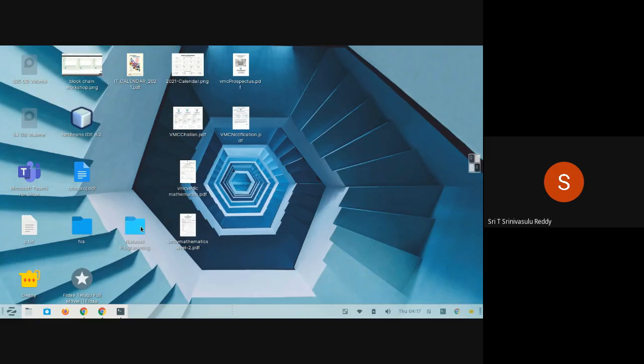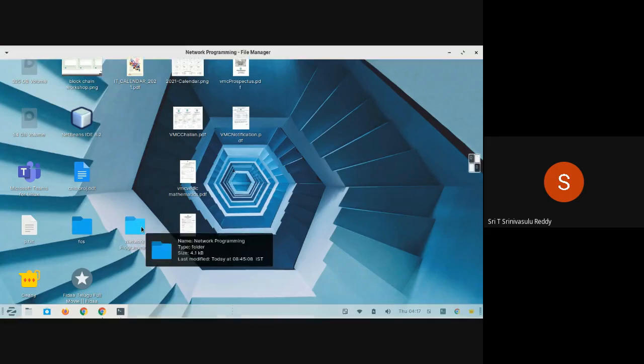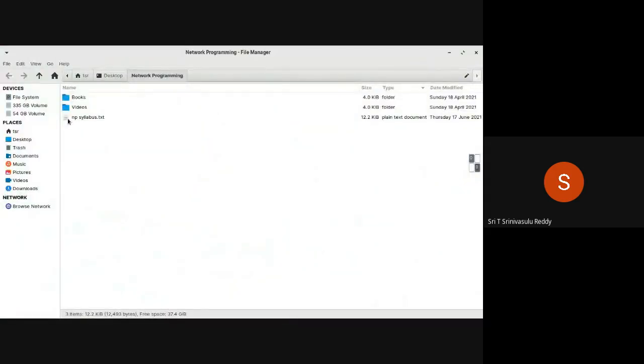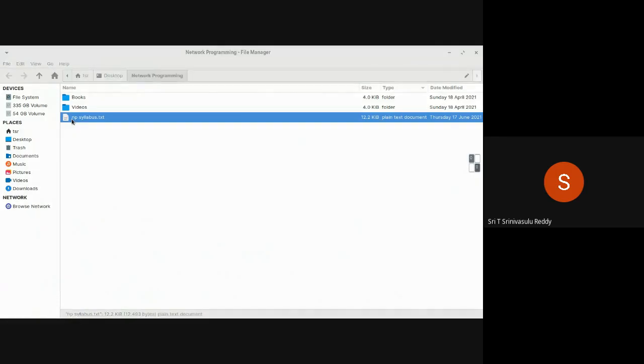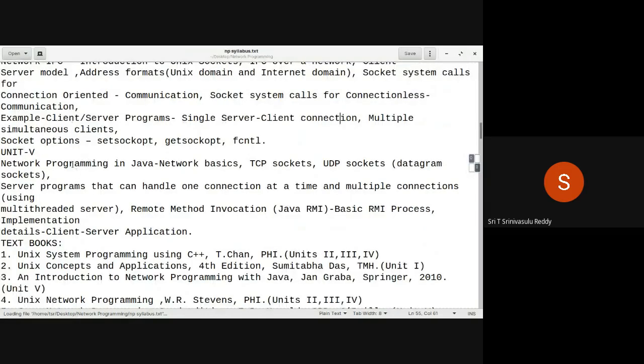You can see here there is one full-fledged chapter, unit number 5, network programming in Java: network basics, TCP sockets, UDP sockets, connection-oriented and connectionless sockets, and server programs that can handle one connection at a time and multiple connections using multi-threaded servers.